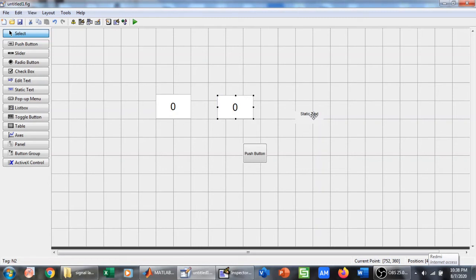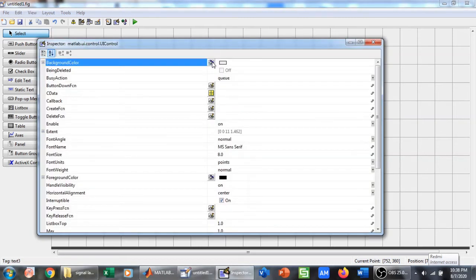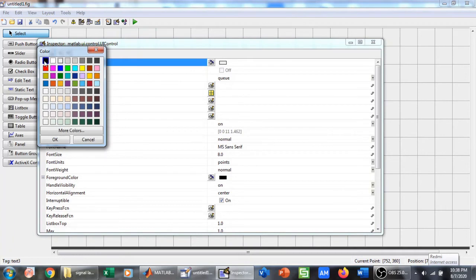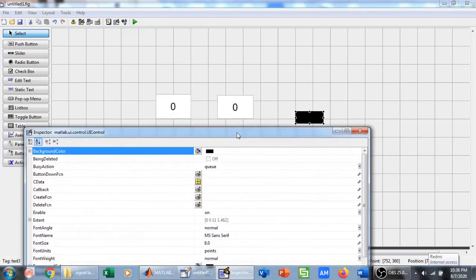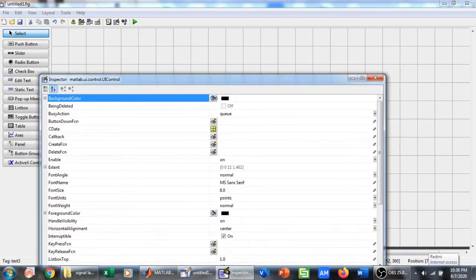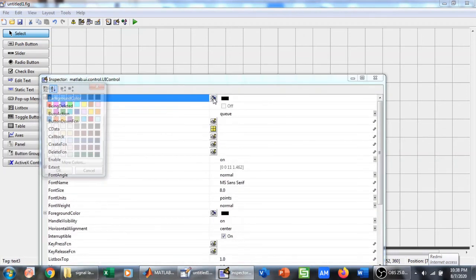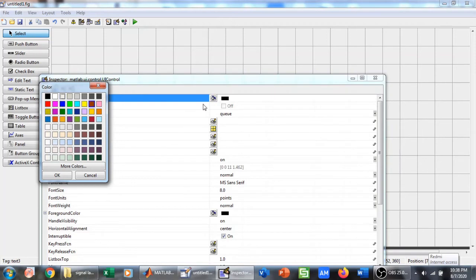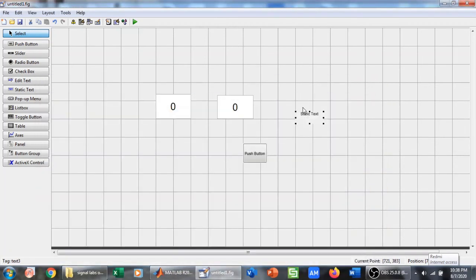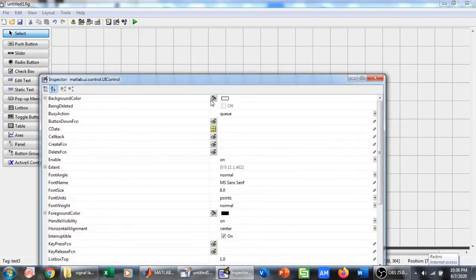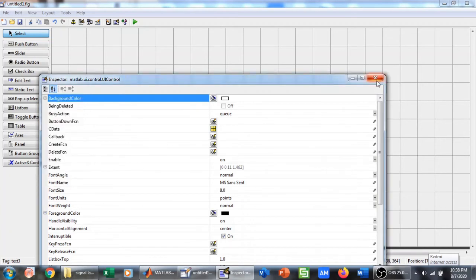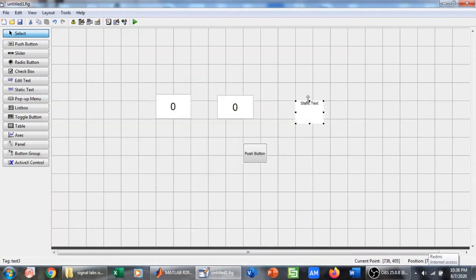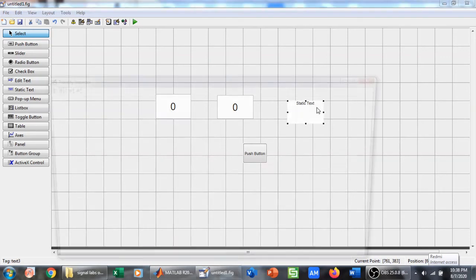Now it's the turn of the static text. I want to change its background color because I am not seeing it very clearly. Let me see if the black background color is okay. I think it's okay, but let me change it to another background color. For example, this one. I think this will be better. So I press OK, and then we have this. No, this is not okay. Let me have this white color. I think white will be better. So this is now better. This is more readable. So I have changed the background color.